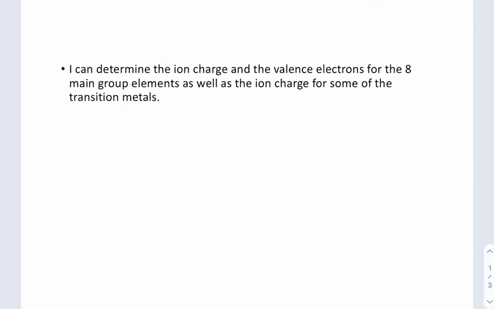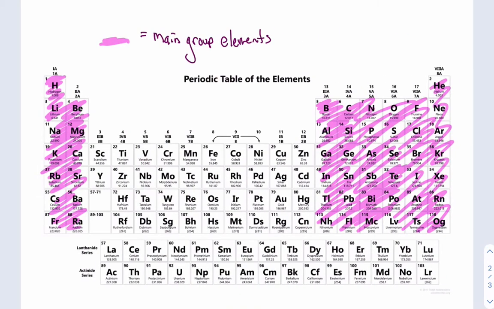This video will be a quick video showing you what the ion charges and the valence electron count are for the 8 main group element columns, and then some ion charges from some of the transition metals as well. So when we talk about the 8 main group element columns, the ones highlighted in pink here are the ones